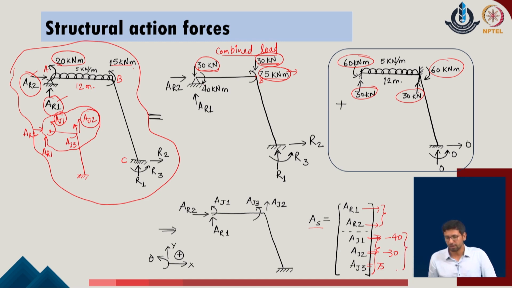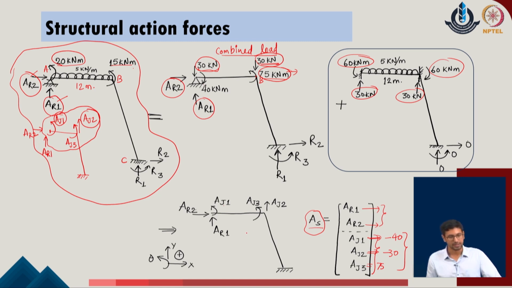So, having these three values, we can understand that the action forces of the given problem are identified, in which the given problem is subjected to the two redundants AR1 and AR2, and respective to the given system, we have these joint forces, AJ1 to AJ3, and these are all responsible for any set of changes or deformations of this given determinate system.